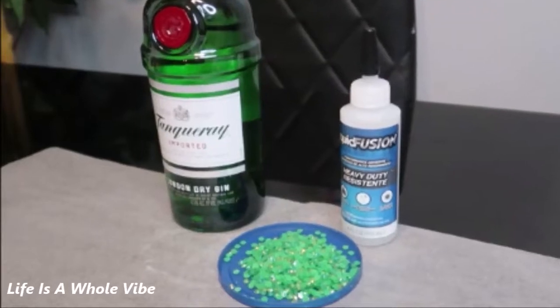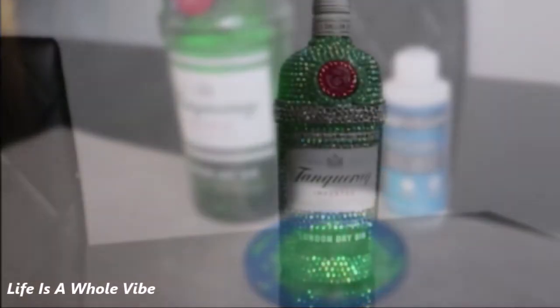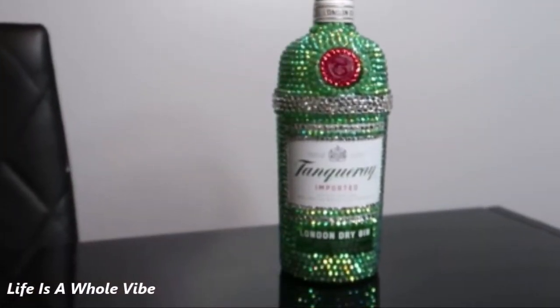If you'd like to see how I transform this green plain gin Tanqueray bottle into this lovely, glamorous, beautiful, sparkling,